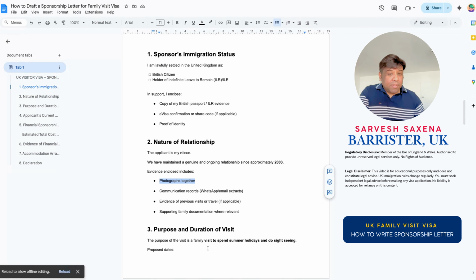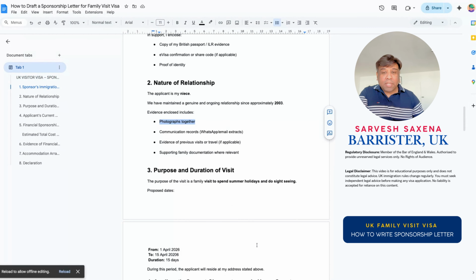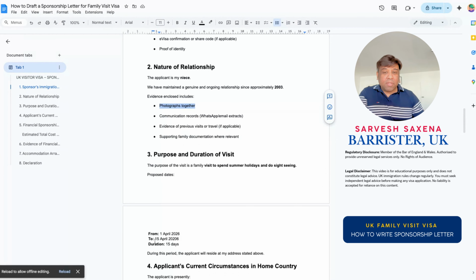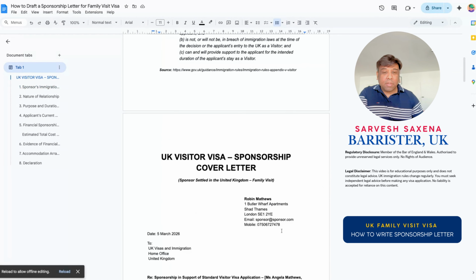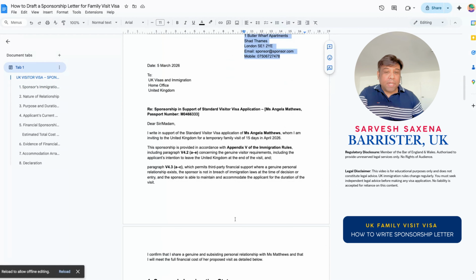Now, the purpose of the visit is a family visit to spend summer holidays and do sightseeing. That is an excellent way to explain why she is coming and what she is going to do. Proposed dates: 1st of April to 15th of April, duration 15 days. During this period, the applicant will reside at my address above. So address is this one. You can have a look. 1 Butler Wharf apartment, Shad Thames,